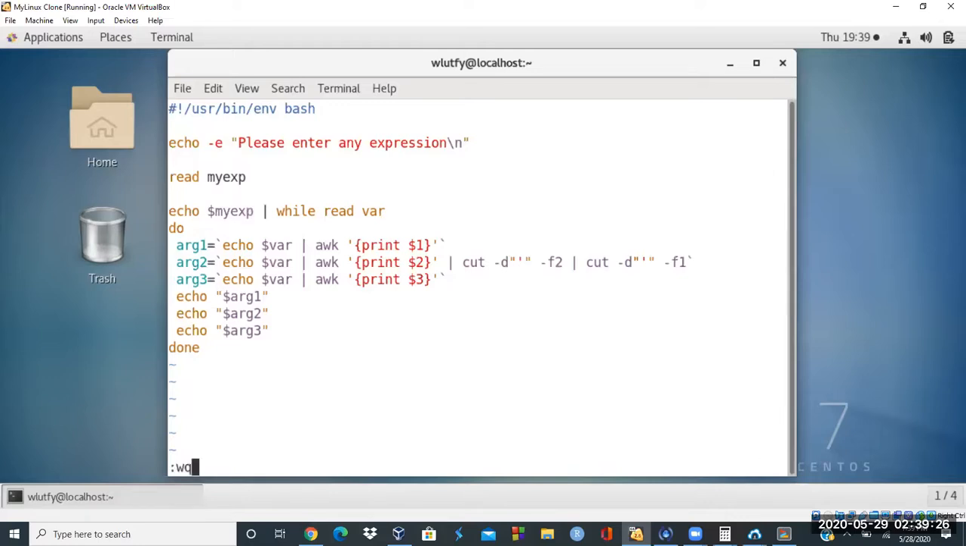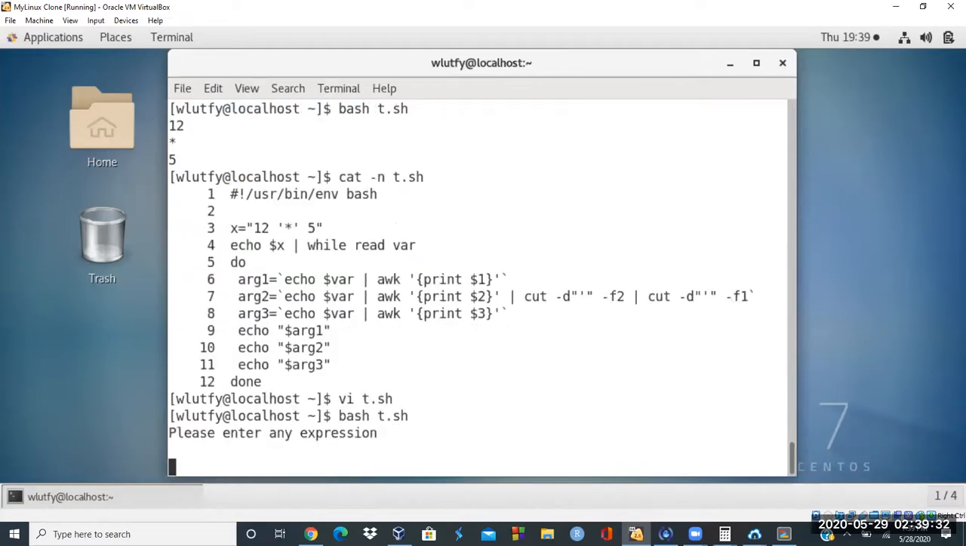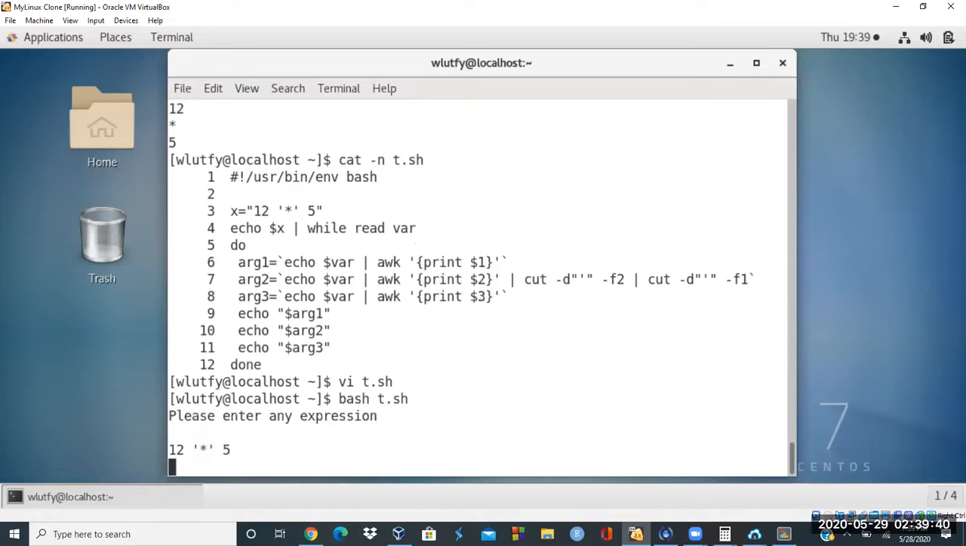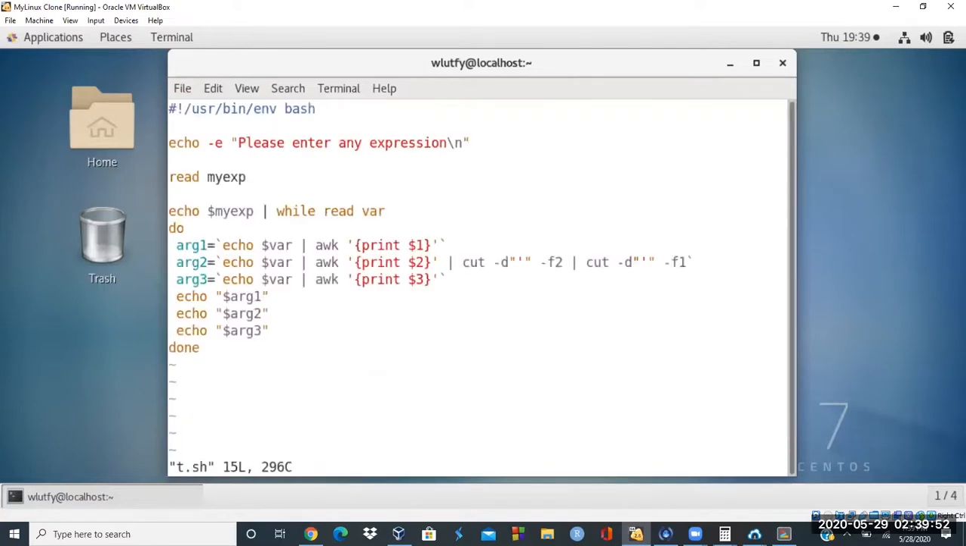If we did that one and say bash t.sh, and it says please put an expression, then I say 12 times 5, and then that one is going to do exactly how it was there in the number of arguments. And then if we want to calculate on it, bash t.sh, basically you could just say it was 5 times 12, let's say 5 times 12, and then you just say echo and $arg1